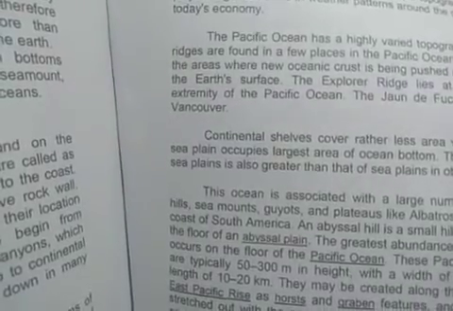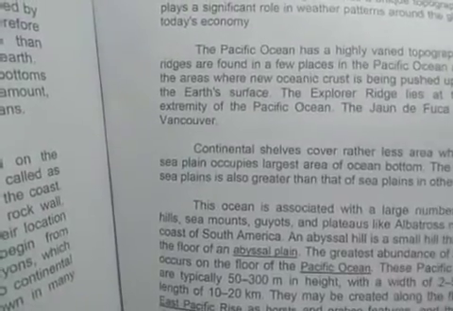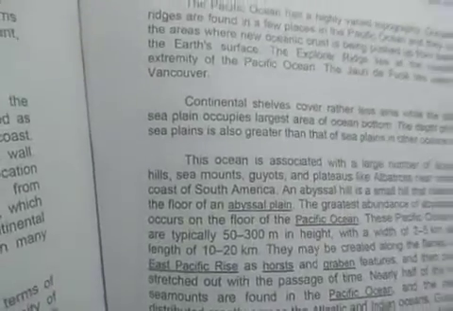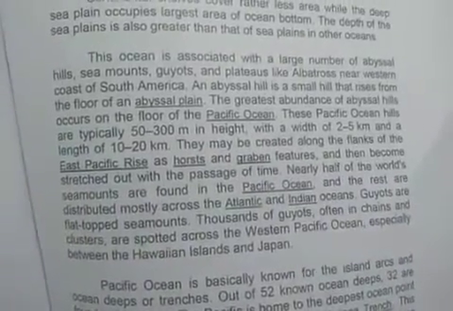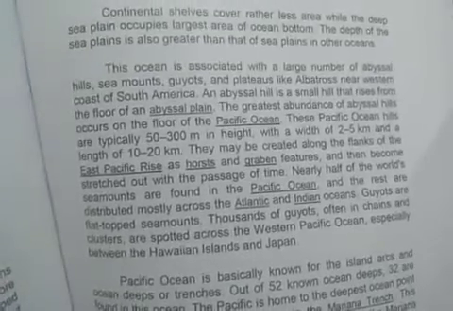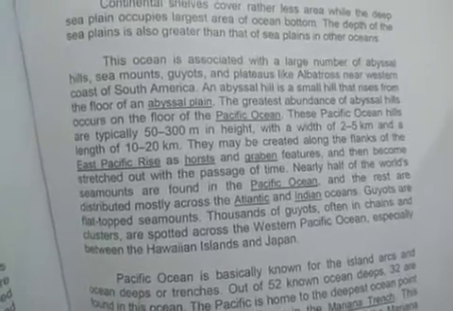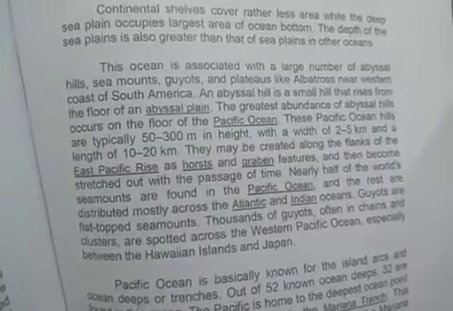The Explorer Ridge lies at the northern extremity of the Pacific Ocean. The Juan de Fuca lies west of Vancouver. Continental shelves cover rather less area, while the deep sea plains occupy the largest area of the ocean bottom. The depth of the sea plains is also greater than that of the sea plains in other oceans. This ocean is associated with a large number of abyssal hills, seamounts, guyots, and plateaus like Albatross near the western coast